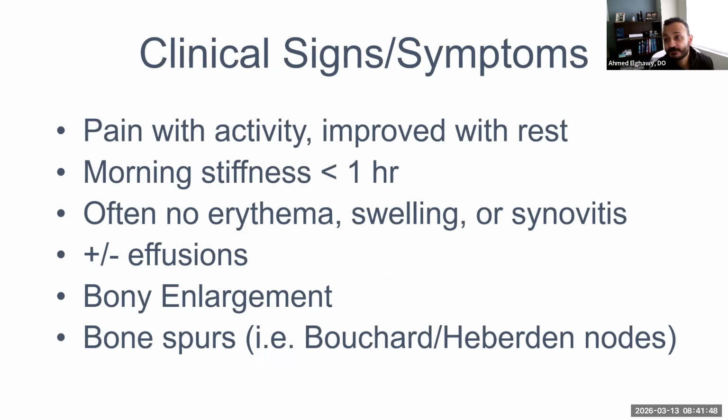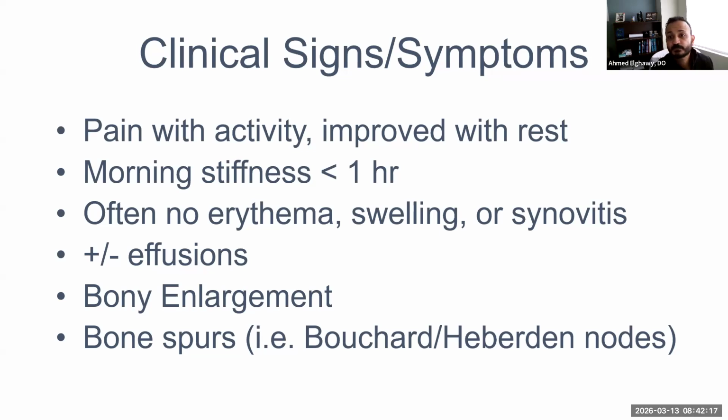That being said, you can get effusions, especially in the knees, and especially if there are really, really bad meniscal tears that are leading to osteoarthritis. You can develop bony enlargement. Part of that can be from osteophyte formation, the bone spurs. Part of that also can be from the muscle wasting around the joint, which gives you almost like a pseudo bony hypertrophy. Sometimes it can be confused with joint swelling, but really it is just the